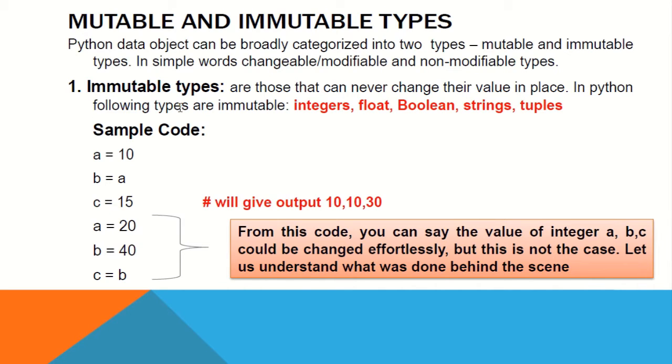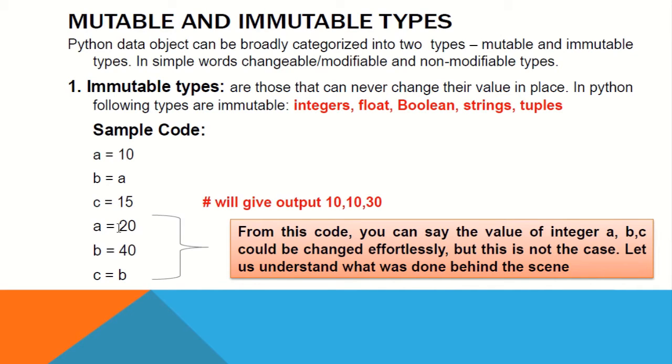First are the immutable types. Immutable types are those that can never change their values in place. In Python, the following types are immutable: integers, float, boolean, string, tuples. These are the types which cannot be changed and are categorized as immutable types. You can see the sample code here: a equals 10, b equals a,